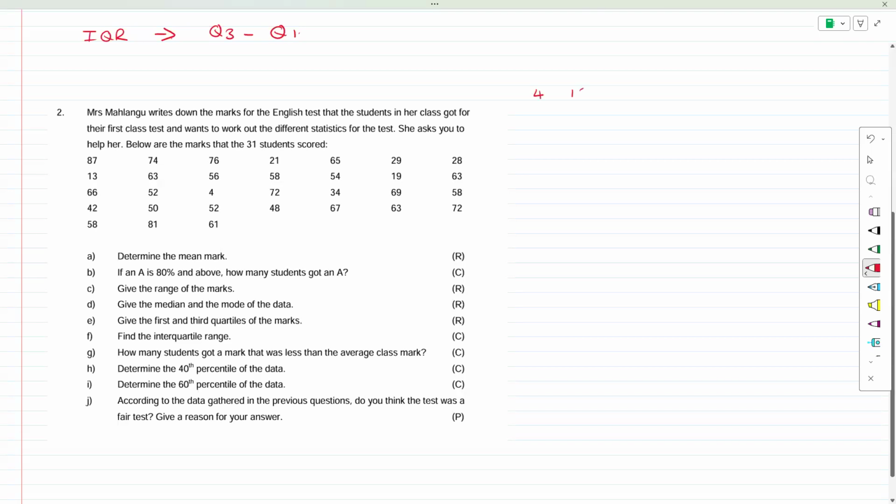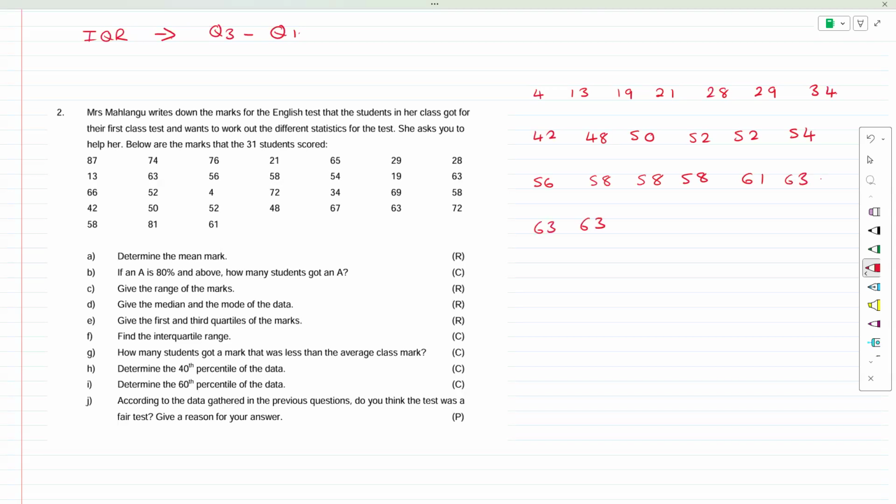So that's 4, 13, 19, 21, 28, 29, 34, that'll be 42, 48, 50, 52, 52, 54, that's 56, that's 3 58s, 61, 3 63s, 65, 66, 67,